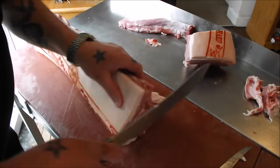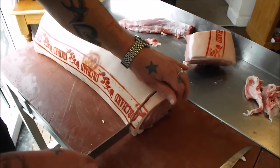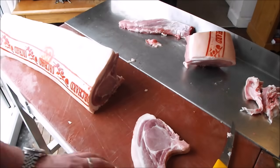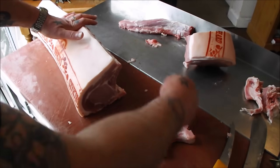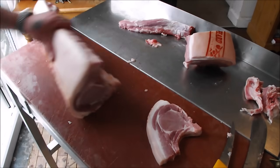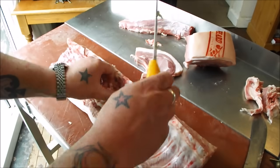Now normally you would just cut through these, get a chopper. I'm not going to chop it, not on my plastic board. Pork chops like that. But I'm going to do something a little bit different. I'm going to chine it. So we're going to take that backbone out, and then we're just left with that lovely eye of meat and just the rib bone. But to do that first, if I can show you,